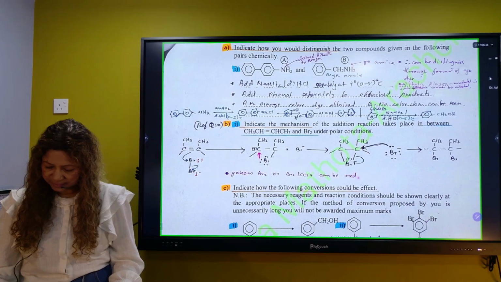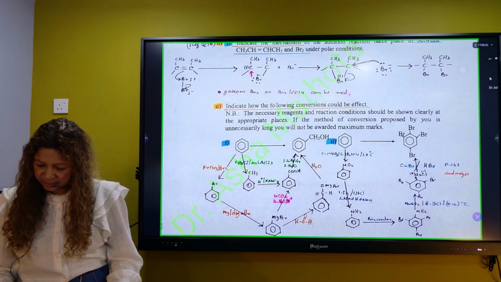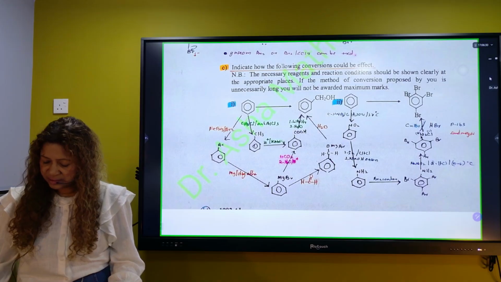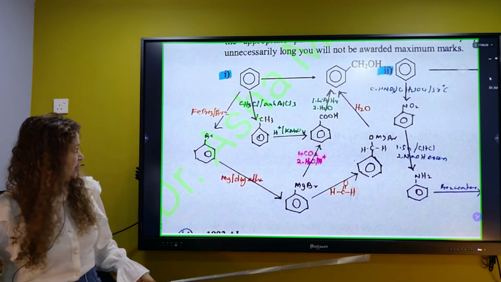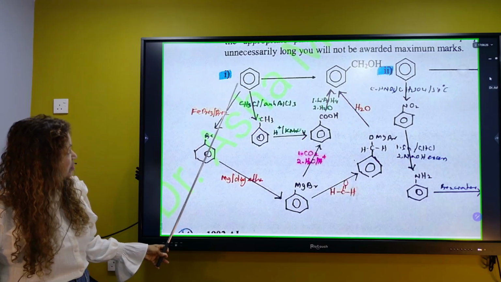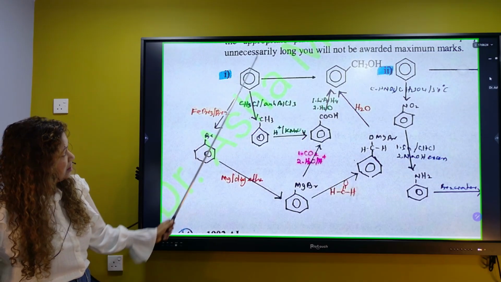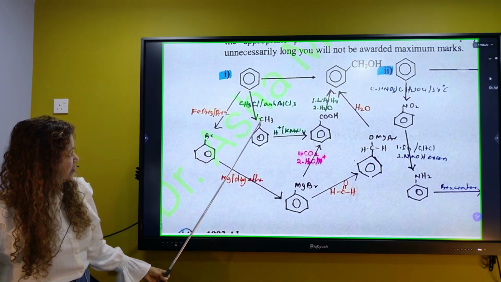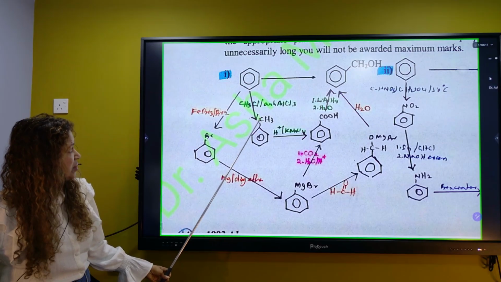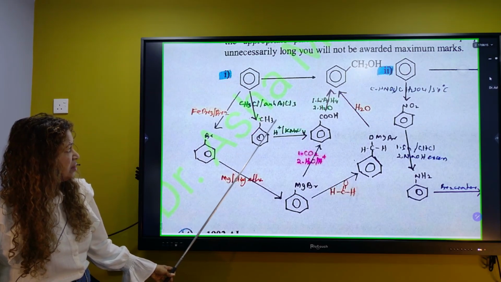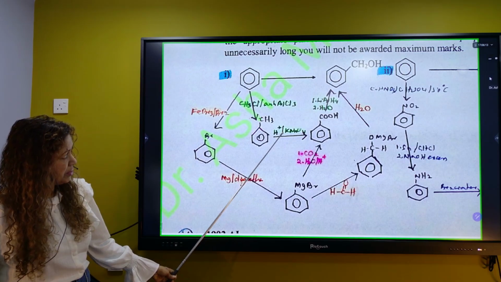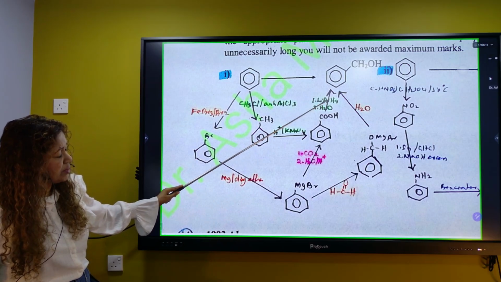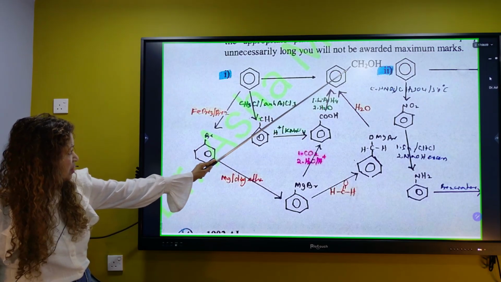Okay, moving on. Again, conversions. This actually is very famous. We did it already a couple of times for normal theory. You just need to join one single carbon. Either you can go with the Friedel-Crafts alkylation, joining one CH3, one carbon, oxidize with potassium permanganate, and reduce with lithium aluminum hydride in ether and water to this.